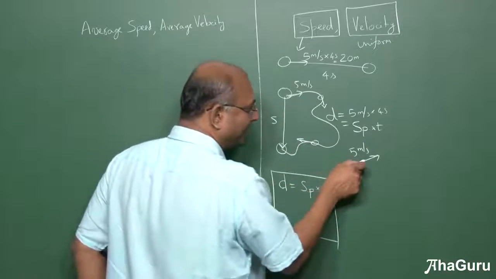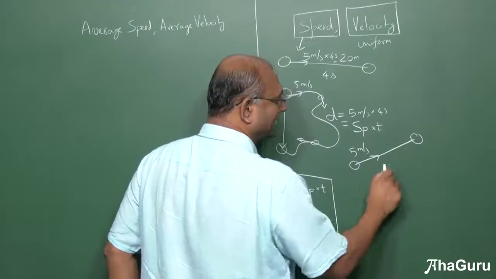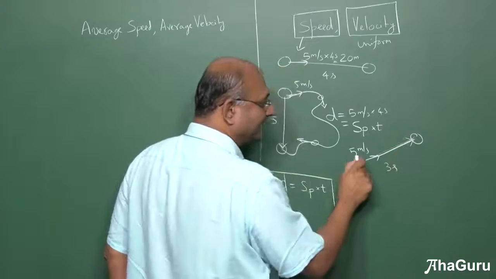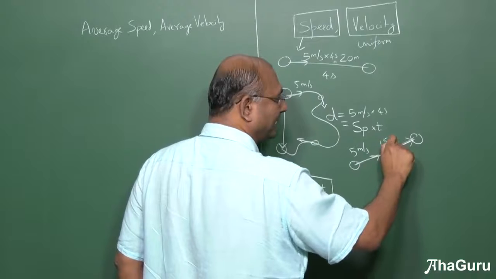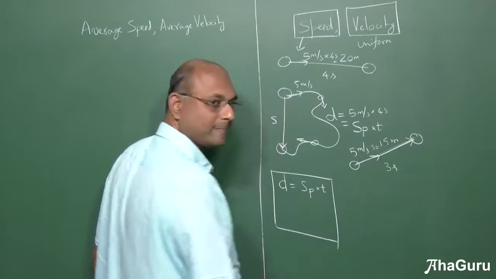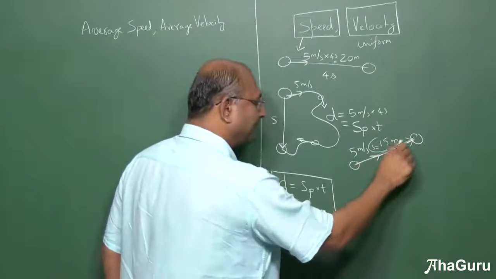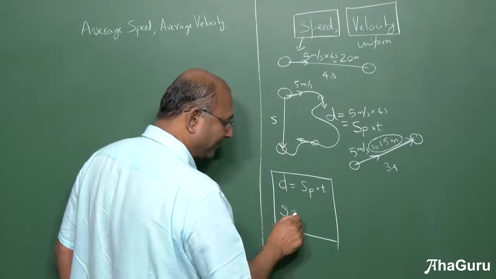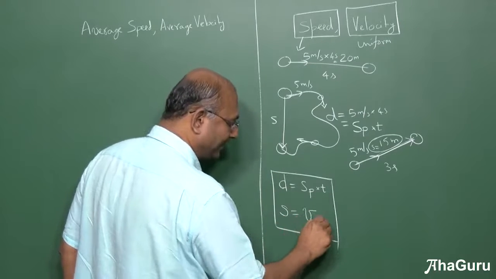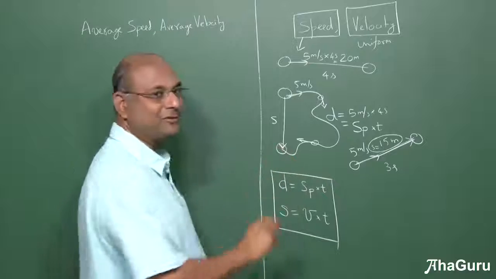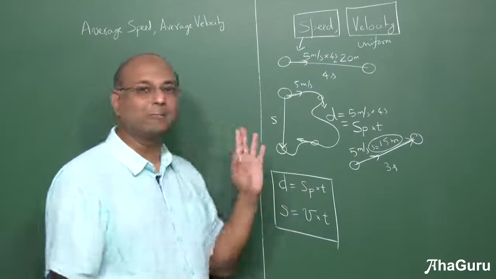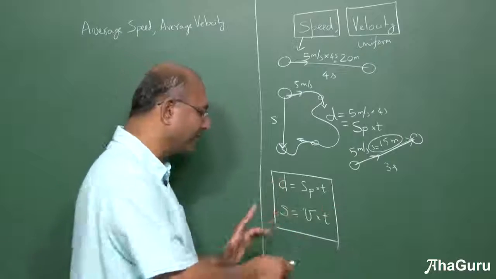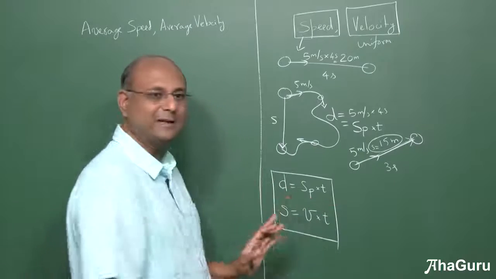So if I tell you that this fellow had constant velocity, let us say for 3 seconds, then displacement is 5 into 3, 15 meters. Okay, so this displacement is 15 meters. In general, displacement is velocity into time. So for velocity we use the symbol V. For speed I am going to use the symbol SP. Sometimes people use V also for speed, but that's not a good idea. Velocity V, speed SP.